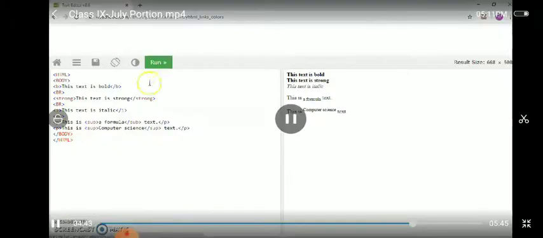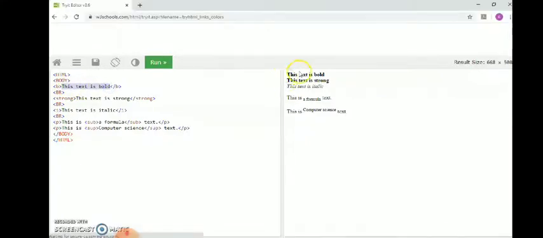So you can see over here, this text is bold. That particular text has come in bold, and this text is strong. You can see the font changes in that. Then the italic form, and the formula has come as a subscript, and computer has come as a superscript. Okay, so have a look over here.